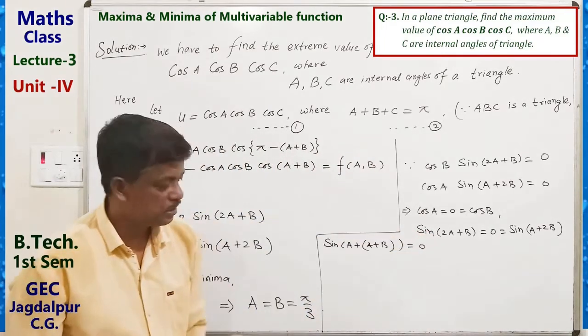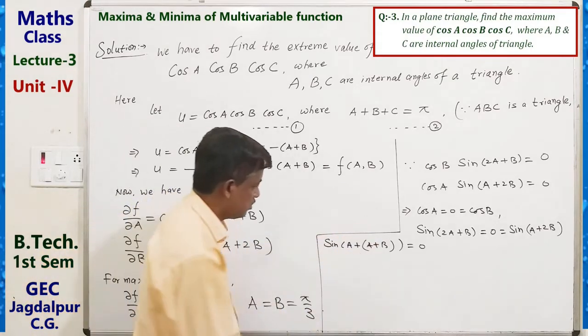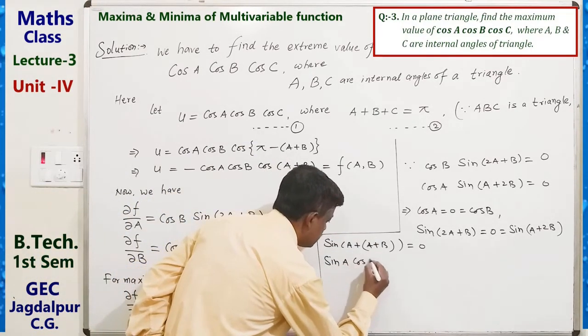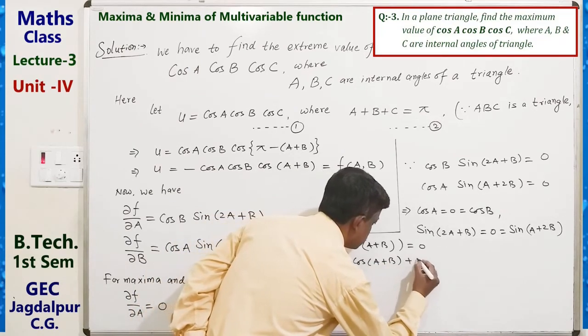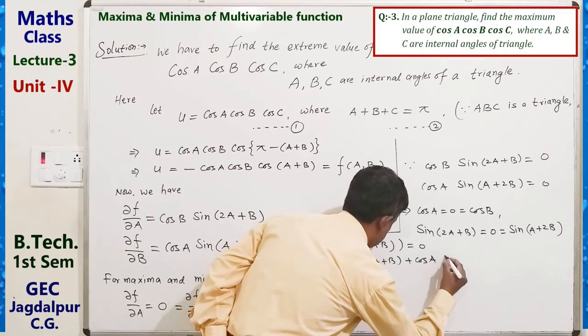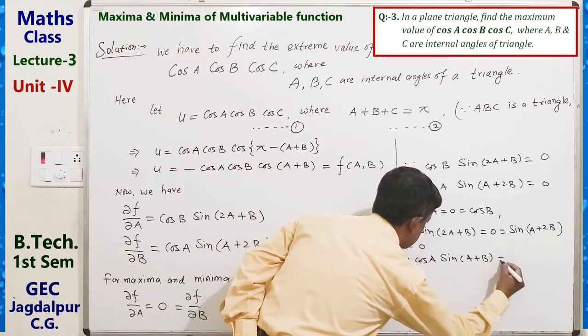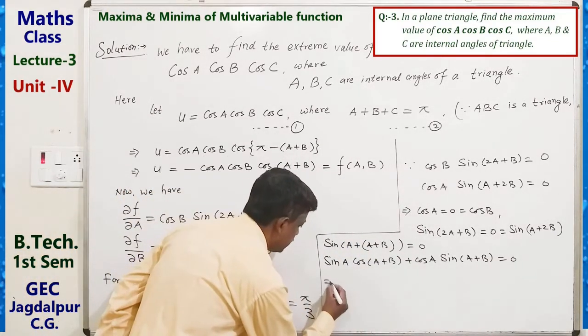Sin(a + b + a) equals 0. So sin a cos(a + b) plus cos a sin(a + b) equals 0. So from here we can see that